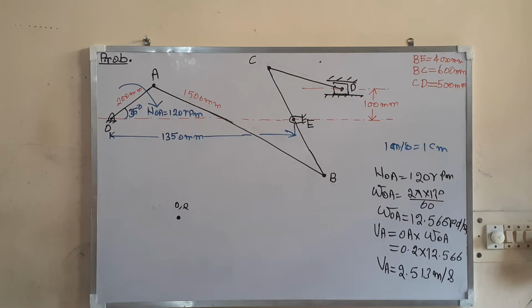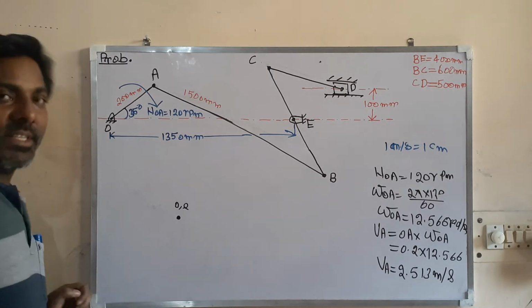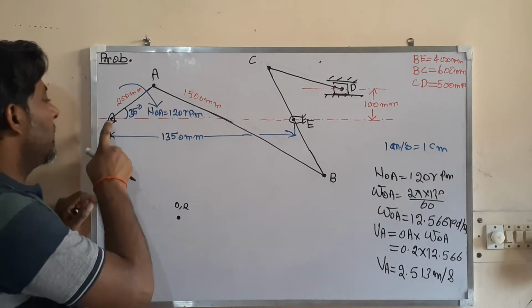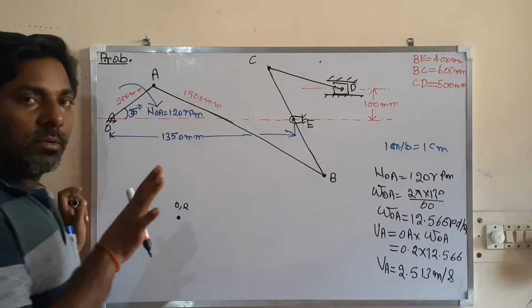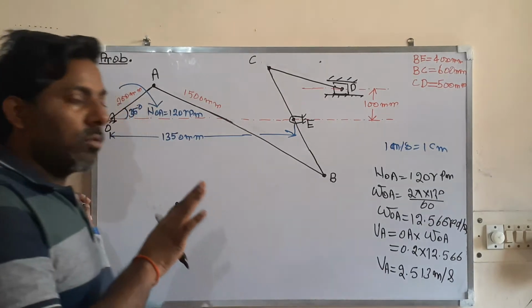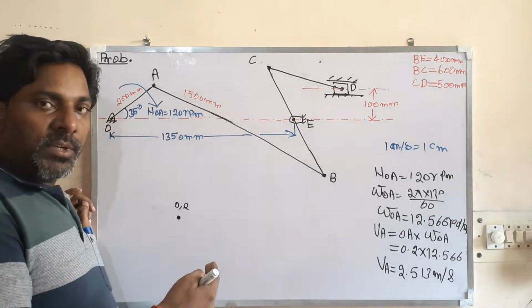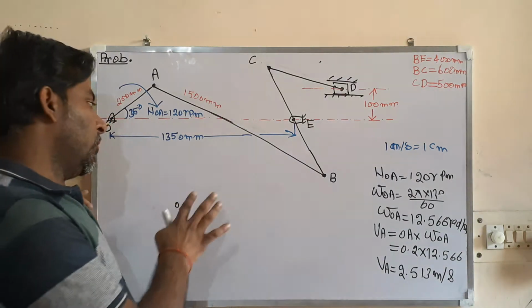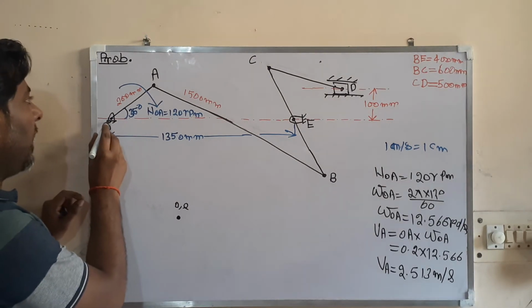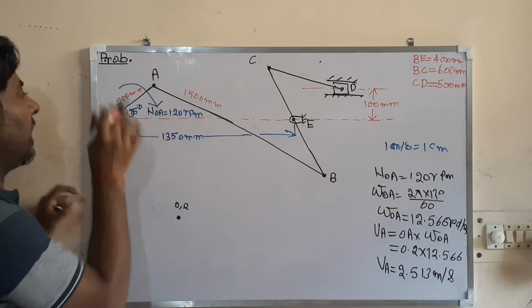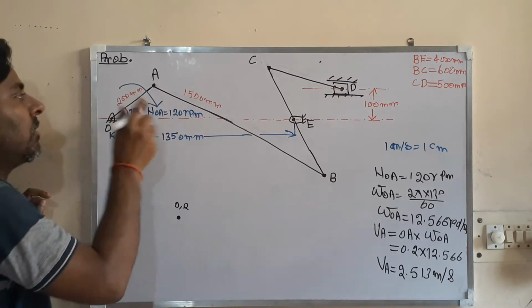Now I am going to draw the velocity diagram. Look here. Sit at the point O and see the point A. Directly now I am going to draw the velocity diagram, not going to give the procedure. If you have seen my previous two videos, then you will be able to follow what I am doing now. So I am sitting at the point O, and I am looking at the point A. Then the velocity of point A will be perpendicular to OA and in the direction of rotation.